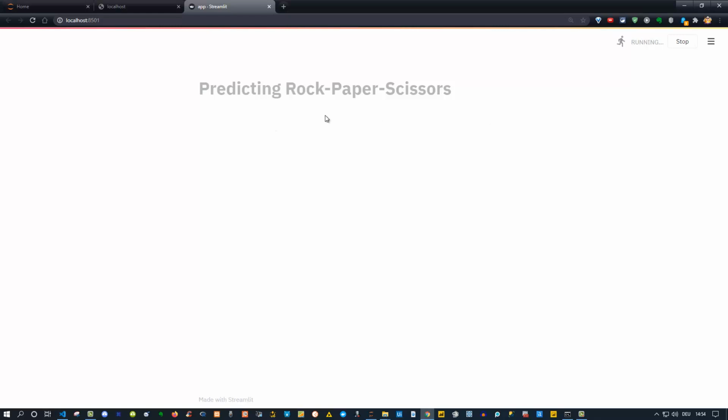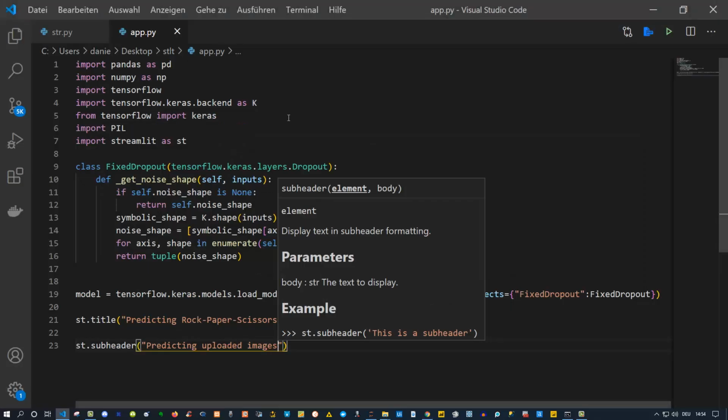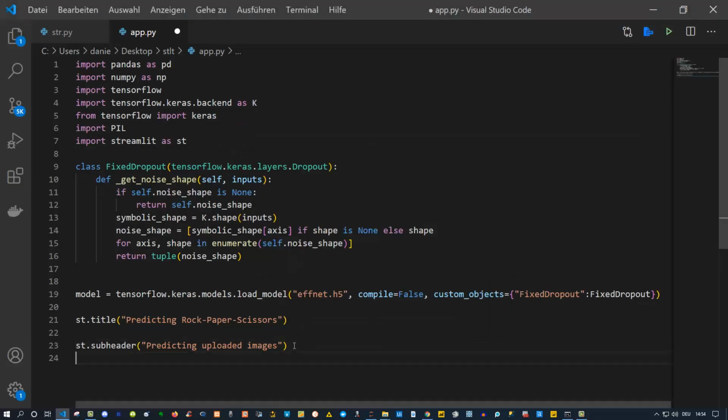Rock, paper, scissors. Let's see. It takes a little bit of time, but here, predicting uploaded images. Okay, so that's fine. And now we need to give the user the option to upload an